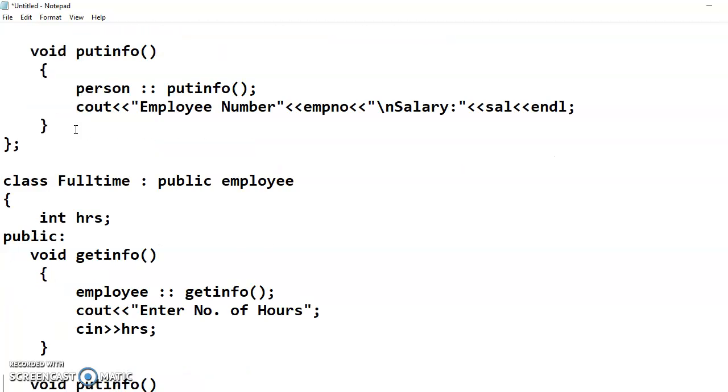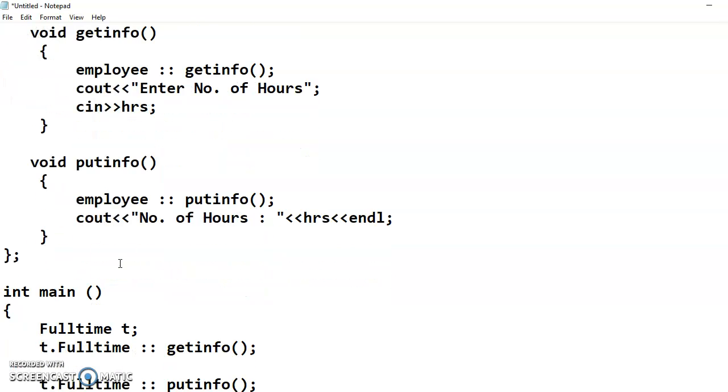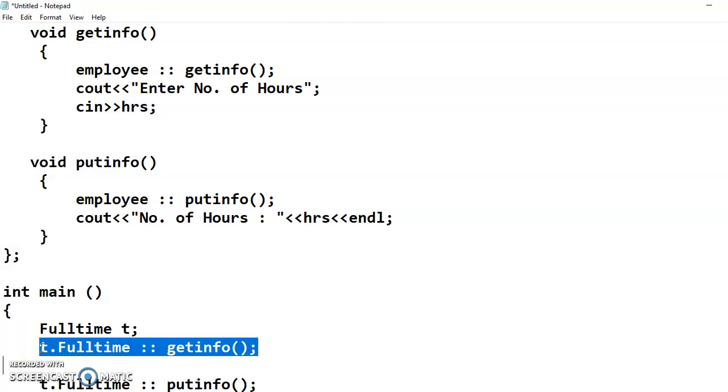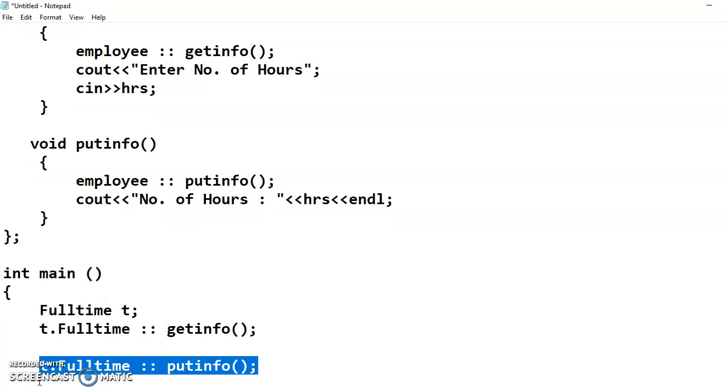So likewise, getInfo from all three classes will be called by using the object of the class full-time. Once the getInfo is over, that means person name, age, employee number, salary, and number of hours are done, the cursor will go to the next putInfo method.